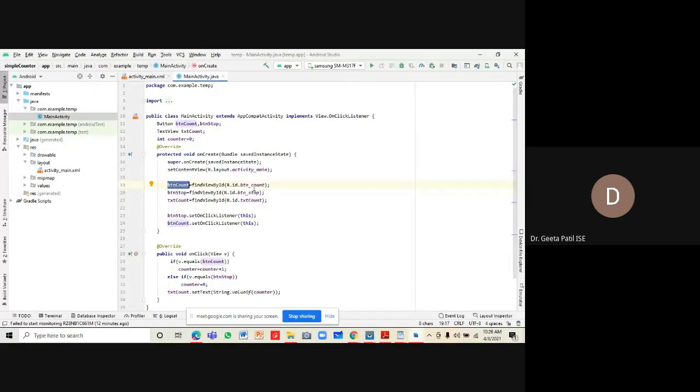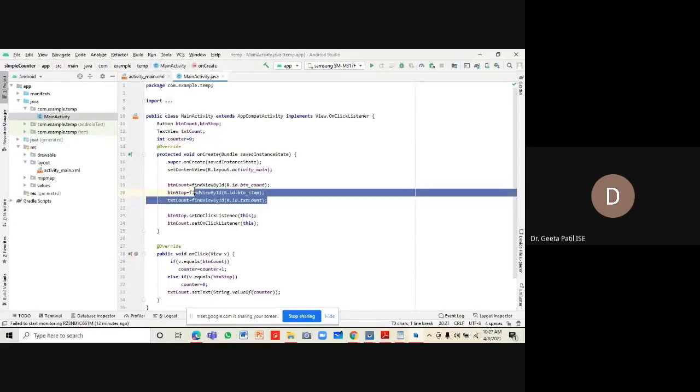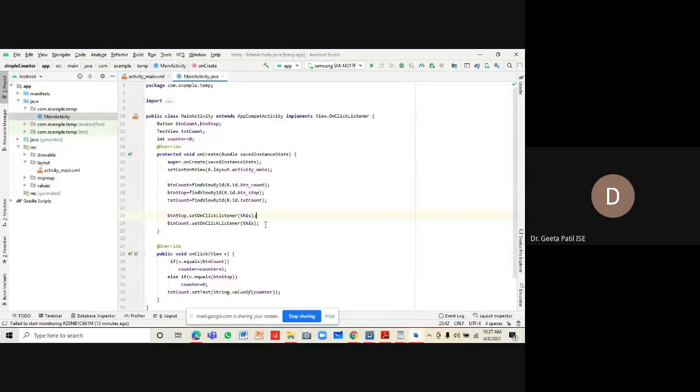Button count is mapped with button count in the XML file, button stop is connected to button stop from the XML file, and text count is connected to the text count of the XML file.